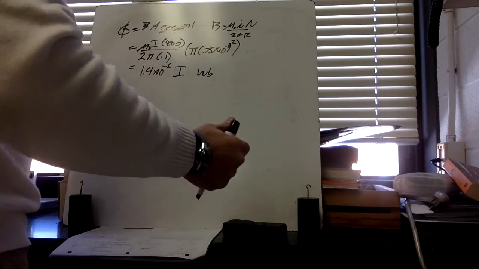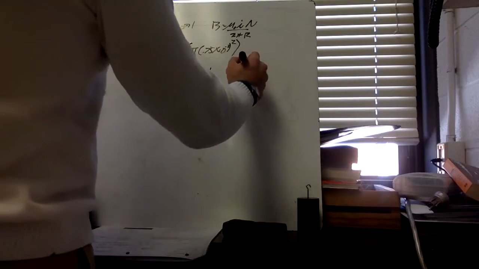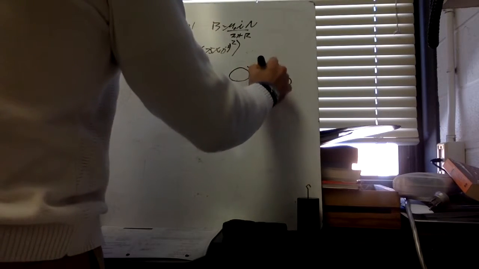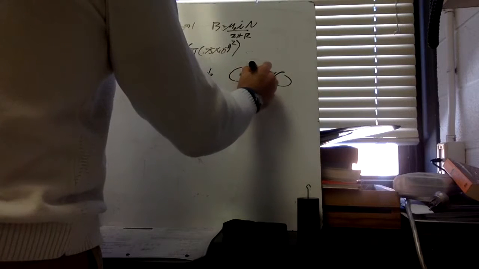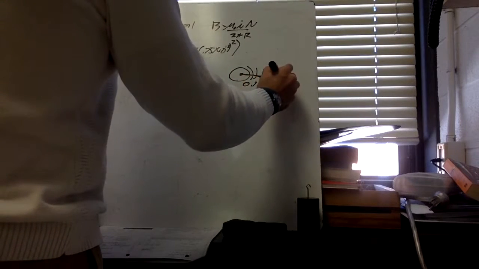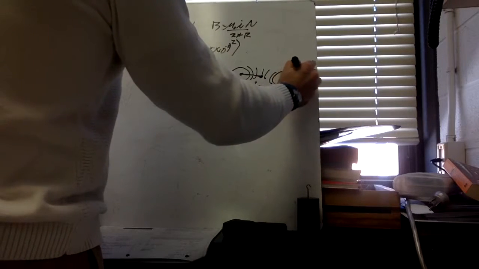But we don't know the current. And these numbers, if we're picturing this toroidal coil, it looks like this. And so from here to here, from the center outwards is 0.1 meters. From here to here is 0.75